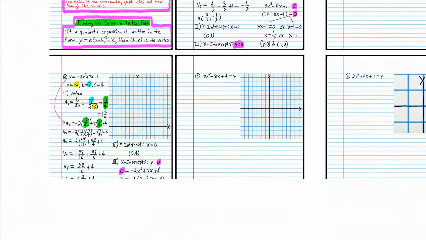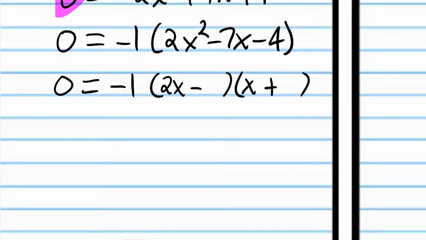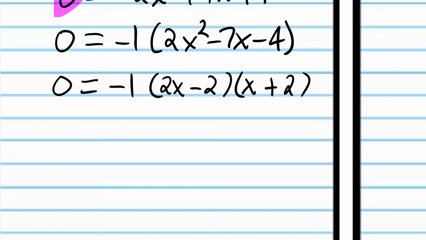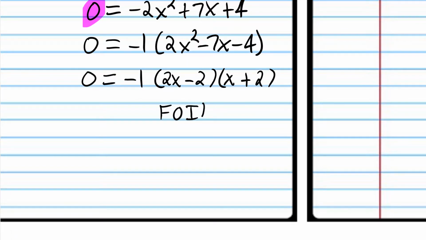But in this problem, we're going to have to test things. So I'm going to purposely try some numbers that don't work. I'm going to try negative 2 and positive 2. Now, they do multiply to negative 4, but when you test this factorization, you're going to find that it actually doesn't work. And to test this factorization, we're going to use the FOIL